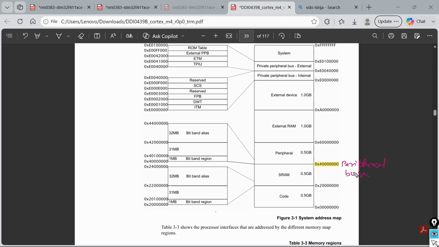Peripheral base. Okay, and this is your alias base. You can see this whole is the alias section corresponding to the peripheral region.